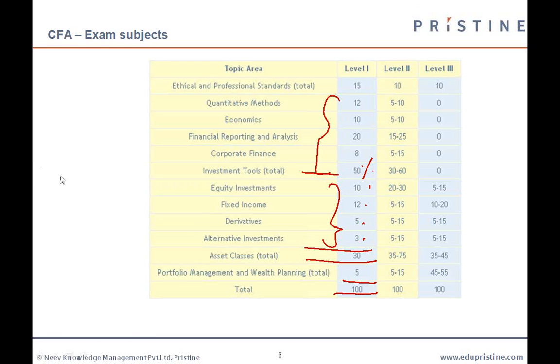Ashish has a question: is a passport required for registration? I'll talk about the general procedure of registration. All you need to do is go to the CFA Institute website, fill in your details, and give your ID proof. The only ID proof recognized for the CFA exam is the passport. Two or three years back, other ID proofs such as driving license and PAN card were accepted. But now CFA Institute has made things very uncomplicated. They say the only ID proof recognized is the passport, so you need to have a passport for writing the exam.